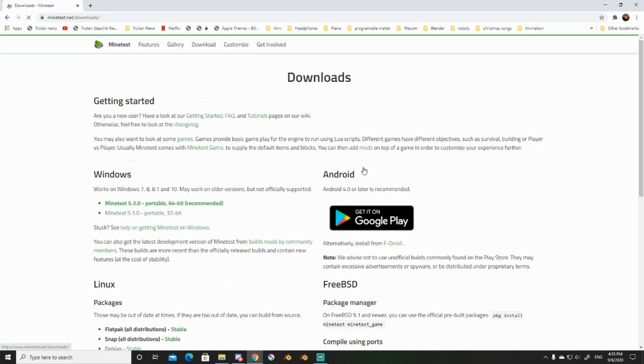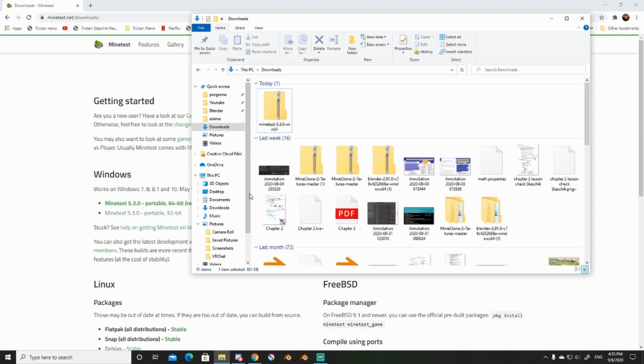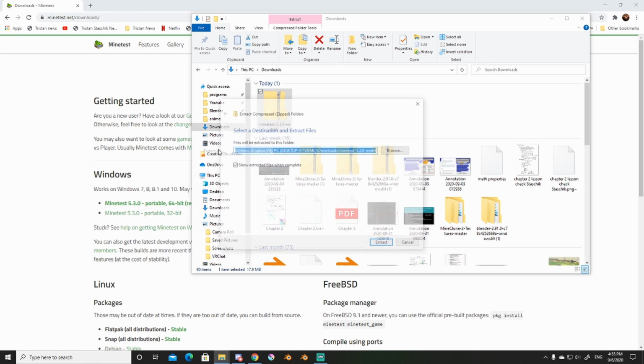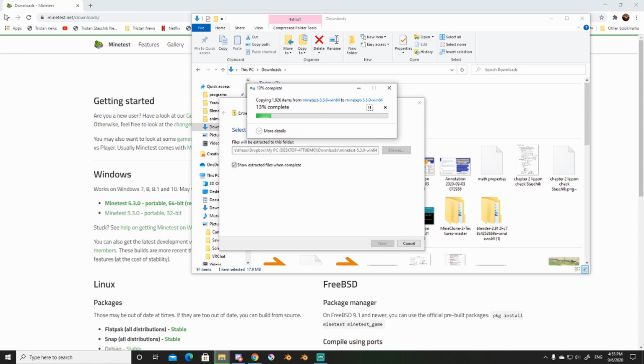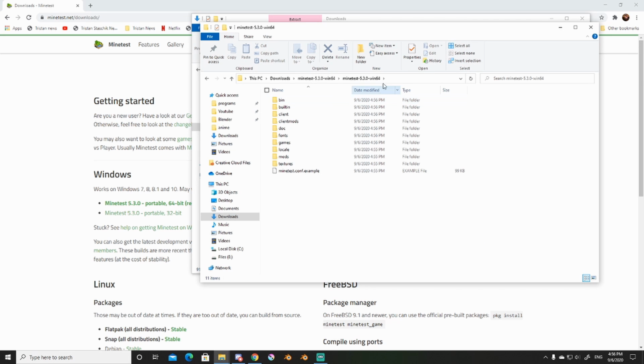So go to Minetest, press download, click the one you want. I've already got it downloaded. Then press extract all. Make sure you go to minetest.net, not minetest.org or anything, because those ones are viruses. And now you see you've got this folder, and then just search